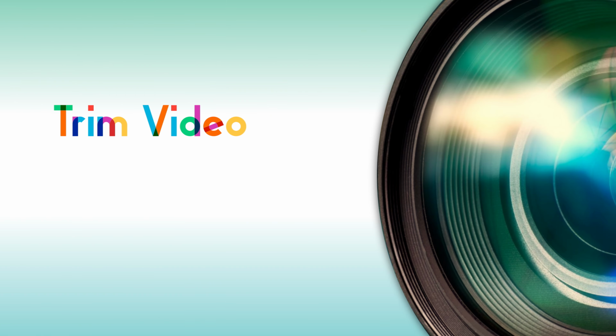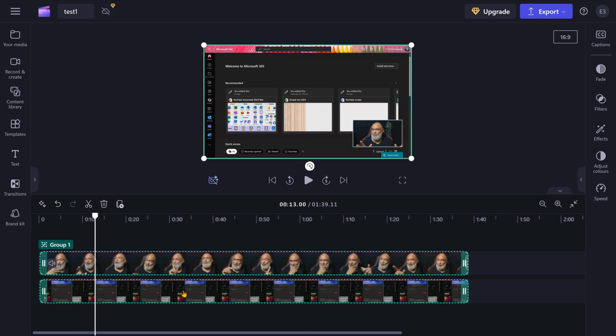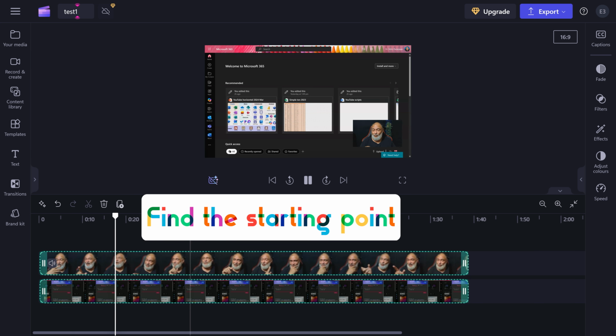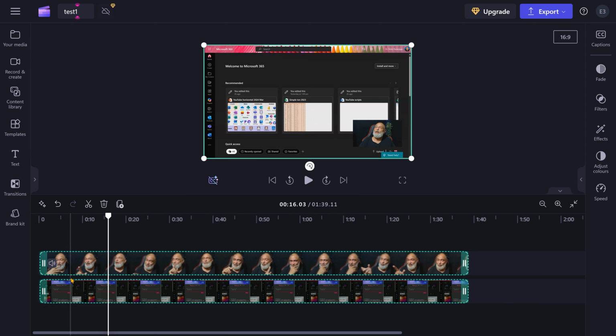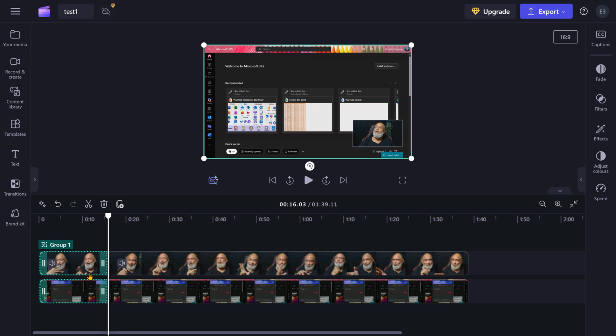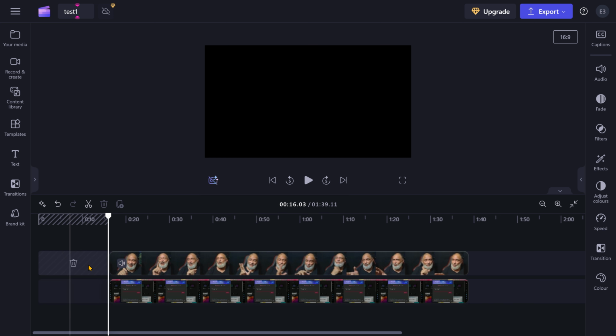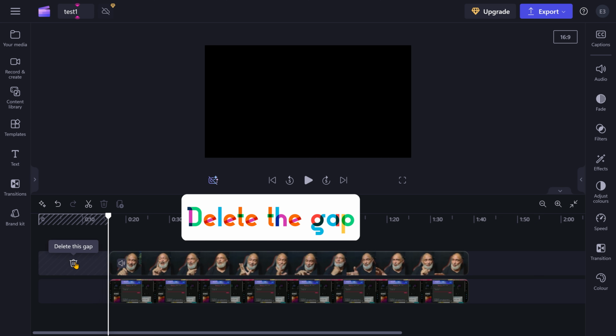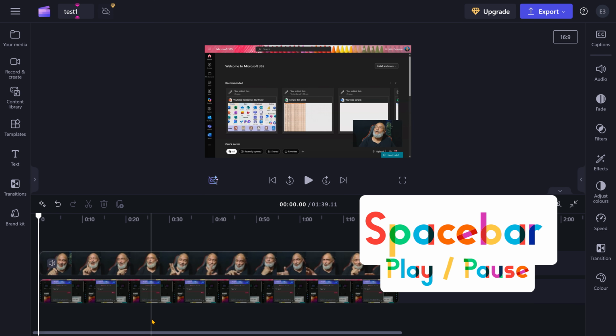The next step is to remove the unwanted portions of the video. Hello, welcome. So this place, hello, welcome, is what I want. Now this portion on the left side is not required. So go to the scissor, split, or just remember the shortcut S. This part gets split. Click on the split portion and press delete. Now this empty space is not gone. So click on this, delete this gap. Now the video starts correctly. Hello, welcome to this video.